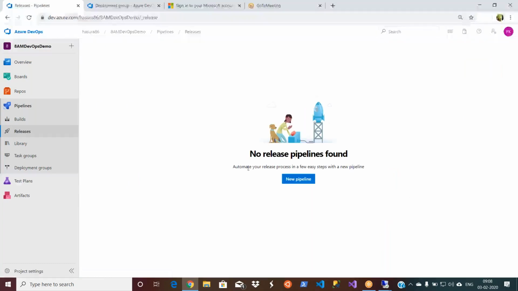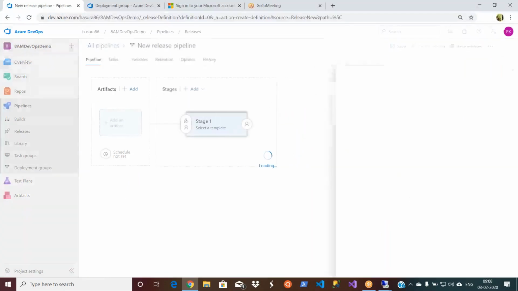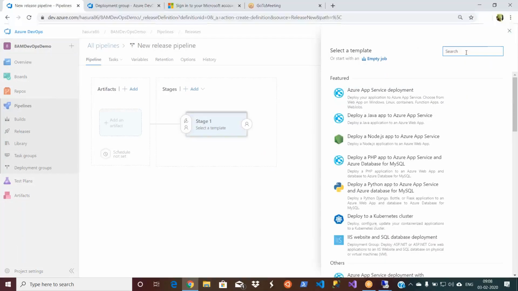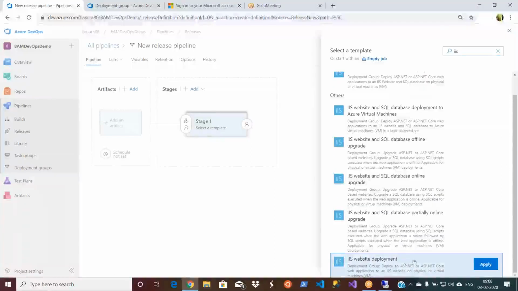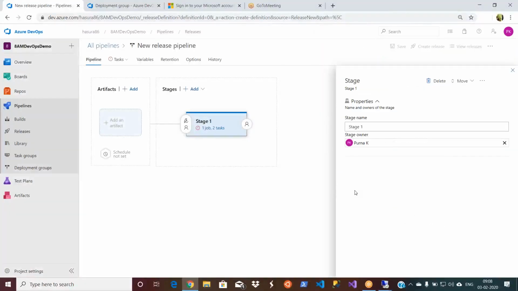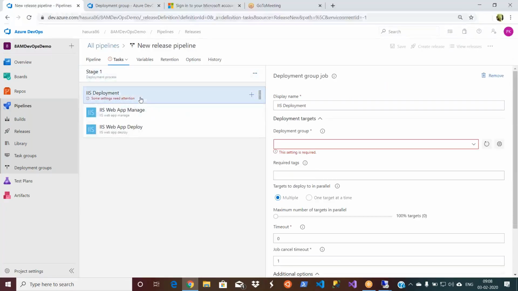Let's go and create a pipeline quickly. I don't have anything here, just IaaS. You go here. Now let's search for your deployment group.